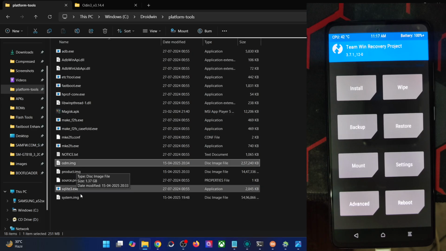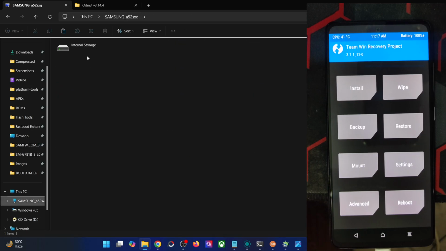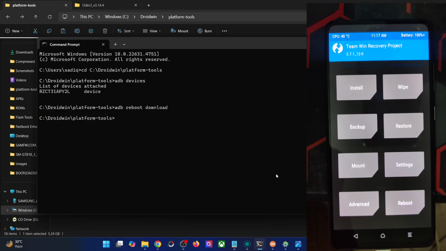And now you have to transfer the system file onto your phone. Only this file should be transferred. So let me see if my phone is shown here or not. So my phone is shown here, but I cannot access the storage. Well, it's not a cause of concern. Simply open the CMD window and type in the command adb push file name, which is system.img space /sdcard. The file will now be transferred.